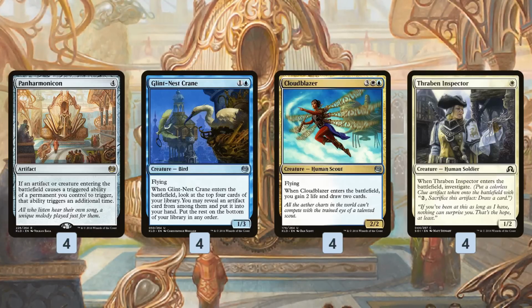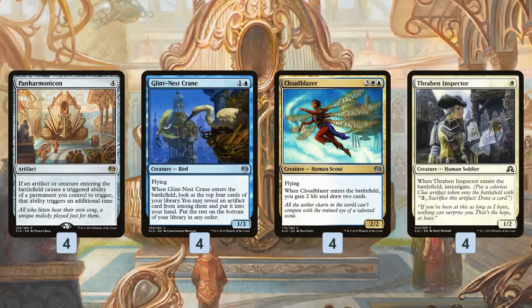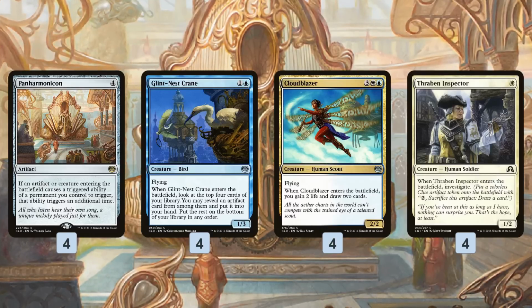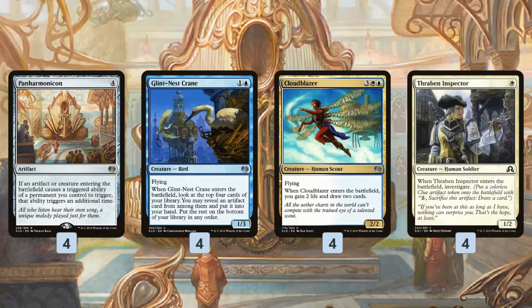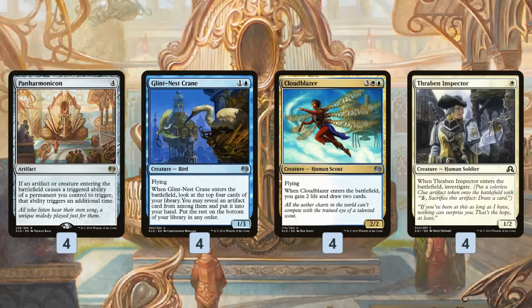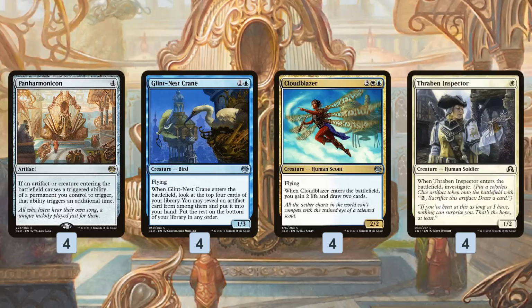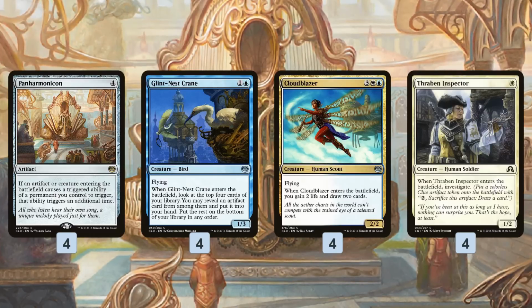Cloudblazer, probably the best Panharmonicon creature. It's just so insane. It curves after Panharmonicon, so turn 4 Panharmonicon, turn 5 Cloudblazer. We were talking about recouping the life and tempo that we lose when we take a turn off for Panharmonicon. Cloudblazer is the best way to do that. When we gain 4, draw 4, and have a 2/2 blocker left behind,